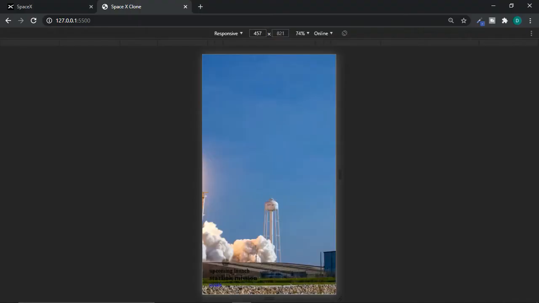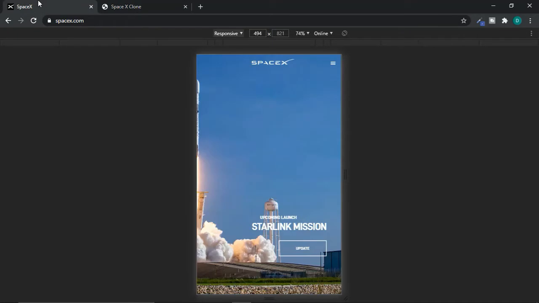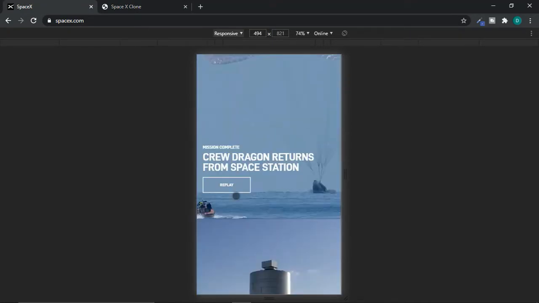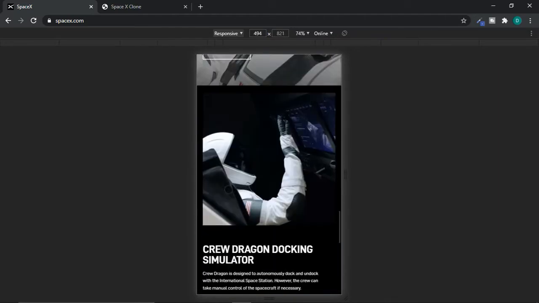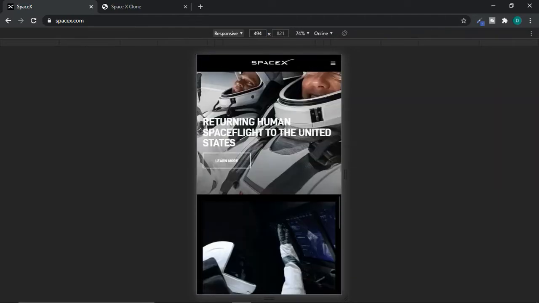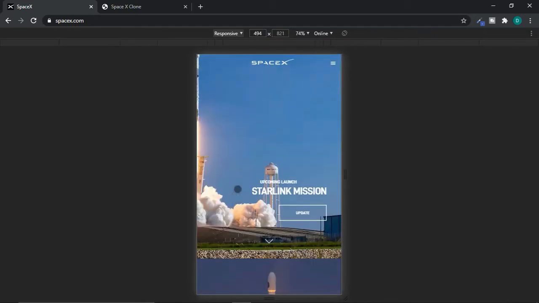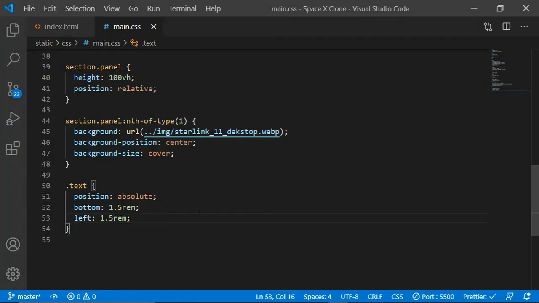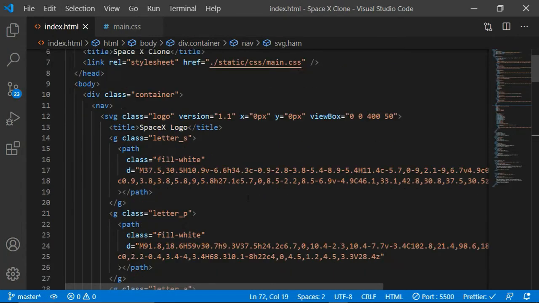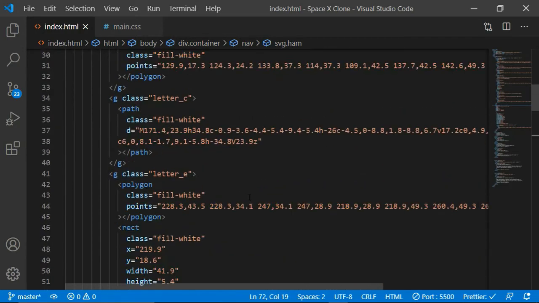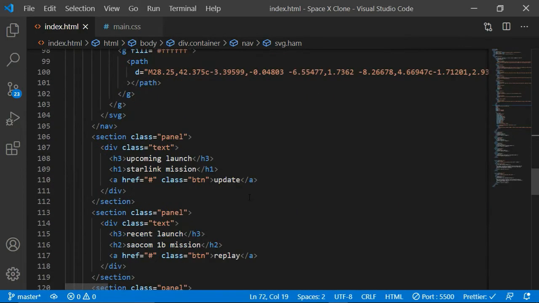Oh, in the right position, it's over here. No, it has to be on the right. All right, this one has to be in the left, left, left, left, left, and left. Everything is on the left except the first one. The first one is on the right. Enough, doesn't matter. I'll just give a class to it. So our first section, in the first section's text, I'm going to give it a class of right,